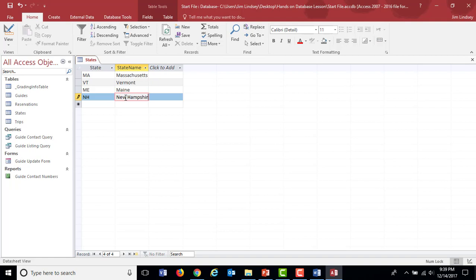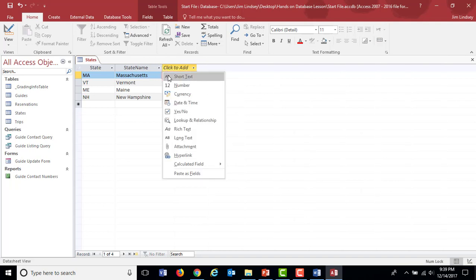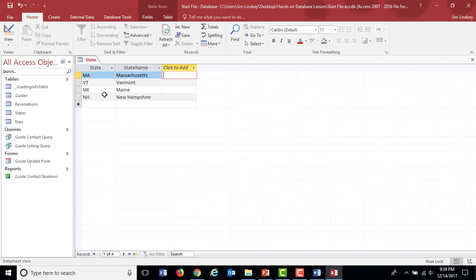So that's how you basically create a table. And note up here, this is just like Excel. You can make these column widths smaller or skinnier or wider as you need. This is the creation of a table. We created a primary key. We used data types in here. We basically got into the